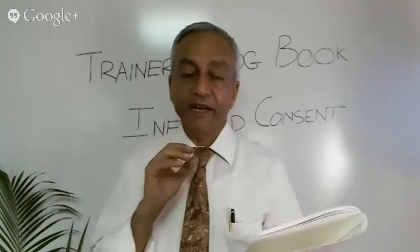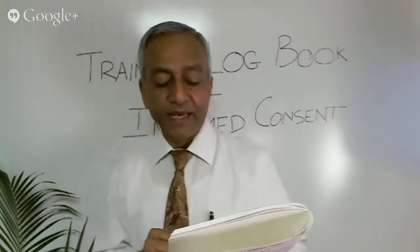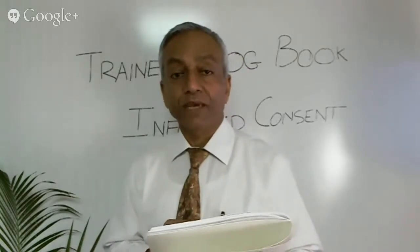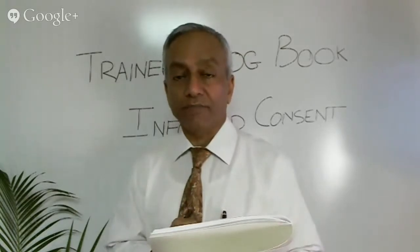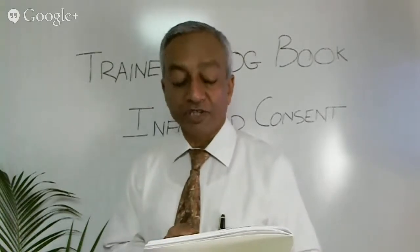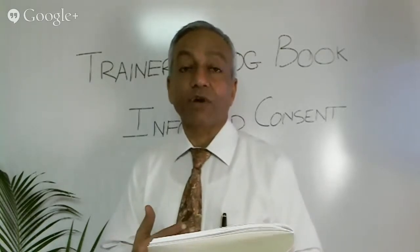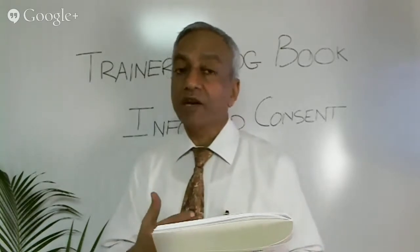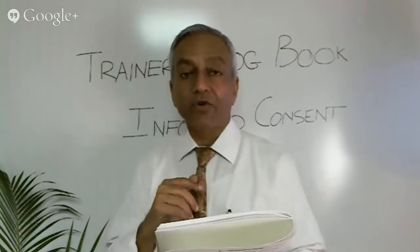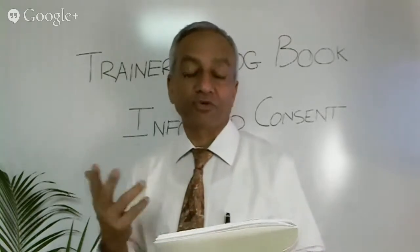So this aggregated data can always be shared for research and statistical purposes. Basically, what this paragraph says is very important. It says that you will not disclose this information and that you will maintain it confidential, and that permits the trainee to come out and say things that they would otherwise resist saying. So the relationship between you and the trainee, because of this paragraph, is at a much better level, and you can expect the trainee to disclose more freely,